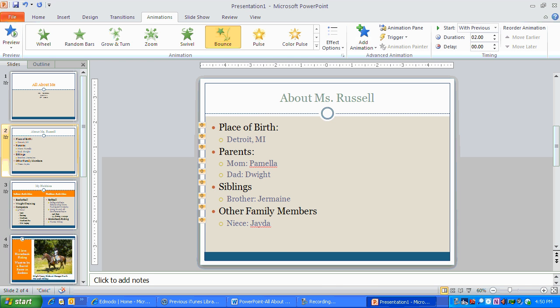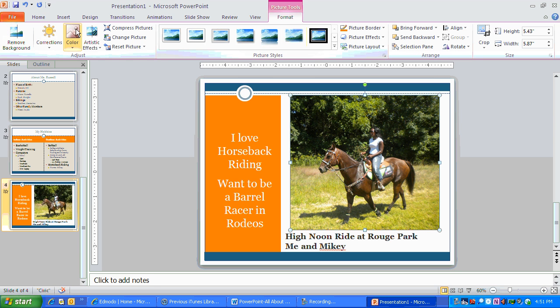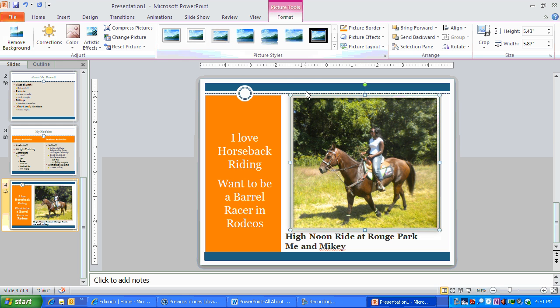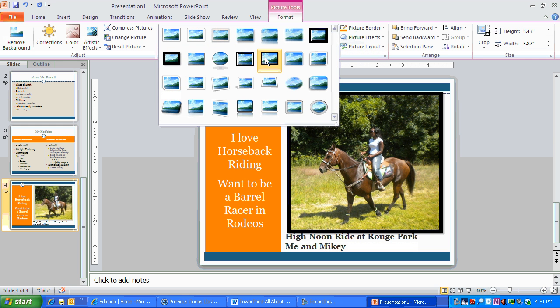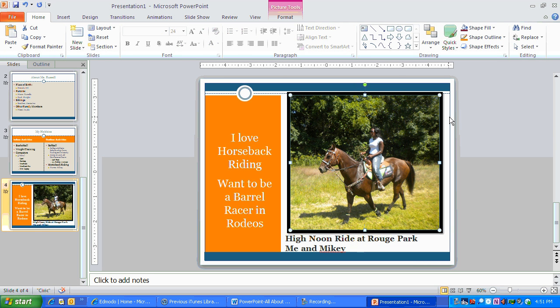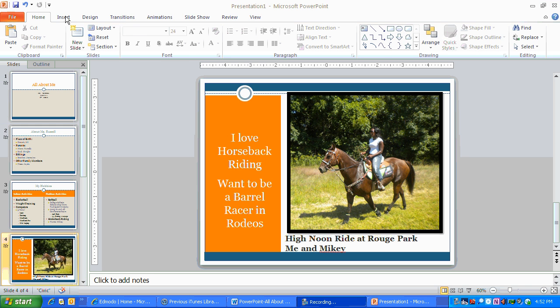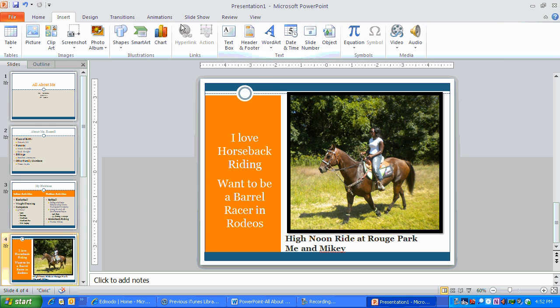Lastly, say if I need to add a border to this picture, I want to format the picture. We go to format and let's add a cute little border to the picture. All right, or you could change the way it looks. But now we need to scoot that text box down a little bit. That's about it. So last thing, if I want to insert a footer, I'll do the same thing like